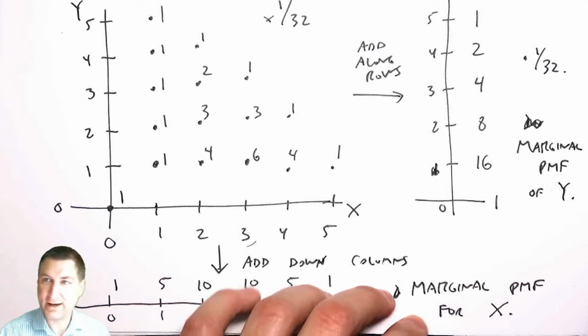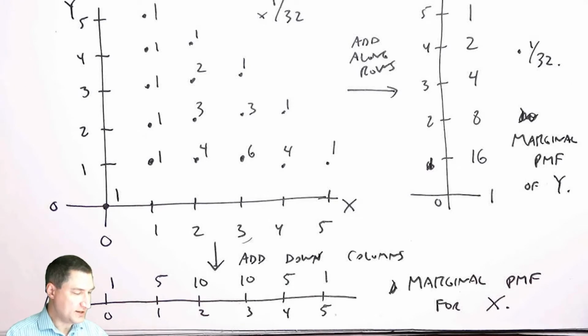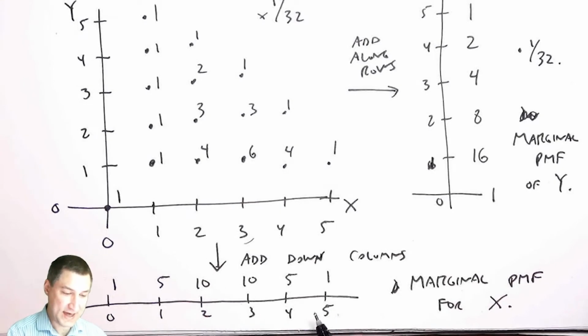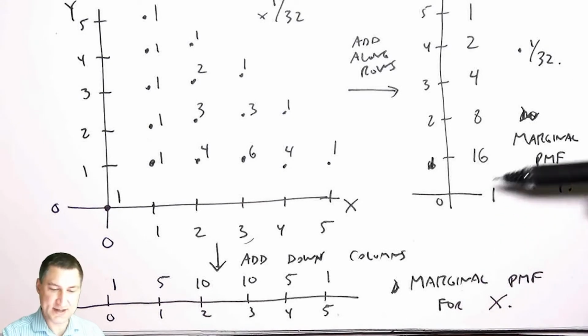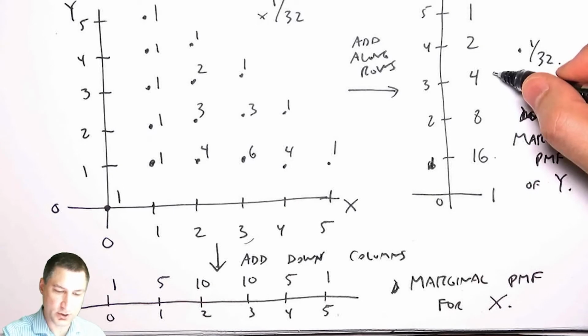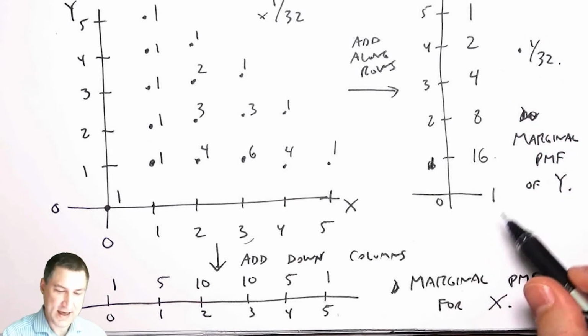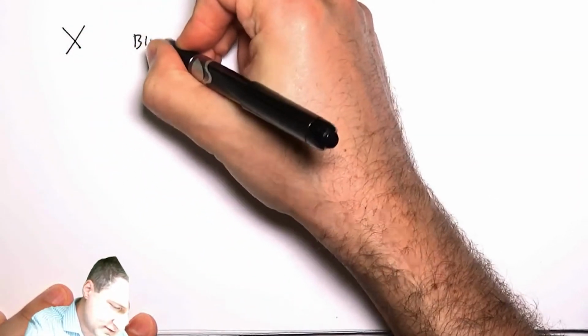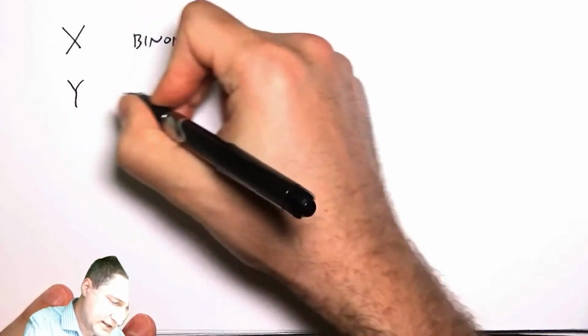Now, something to look at here is that I already knew a lot about these marginal PMFs because I know these experiments from doing them by themselves. I know that when I do 5 coin flips, I get a PMF that looks like this, and this is in fact a binomial PMF. And I also know that if I keep on flipping a coin and I look for the first head, and it's a fair coin, this is like a geometric PMF with p equals a half. So this is like 1/2, 1/4, 1/8, and so on. Let me just write this down. X is binomial, and Y is